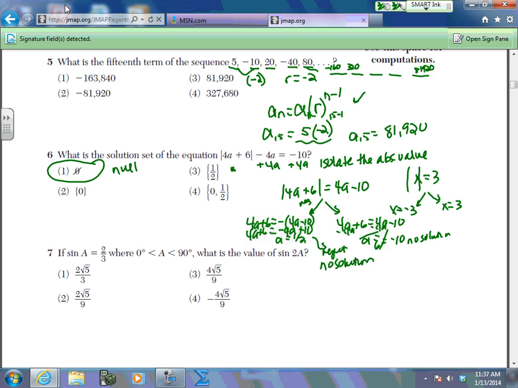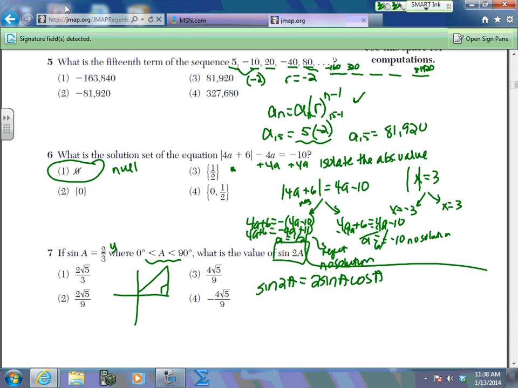On number 7. Number 7 is a double angle formula. You have all your definitions of your double angle formulas in the back. We have the sine of 2A is equal to 2 sine A cosine A. That comes from your sheet in the back. They give you that this resides in quadrant 1,